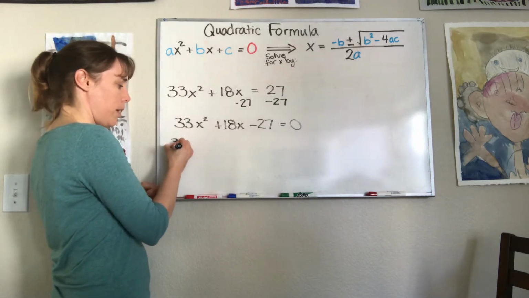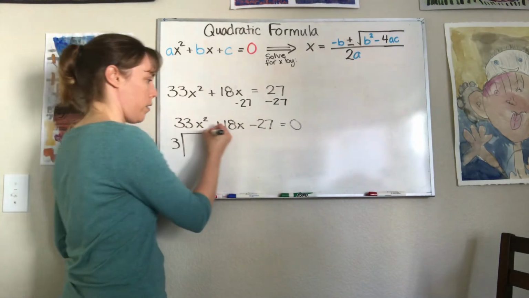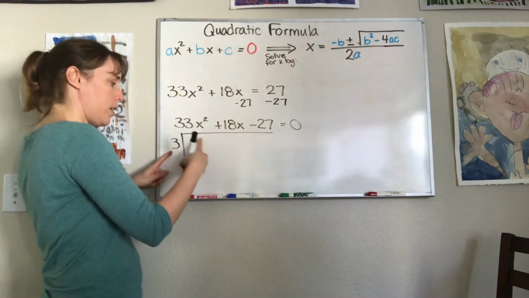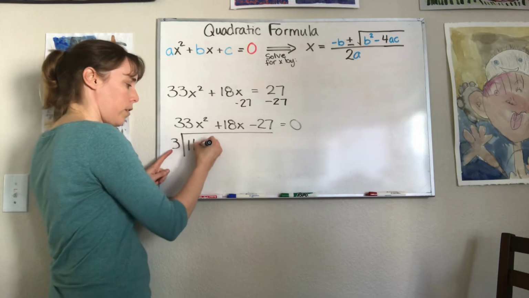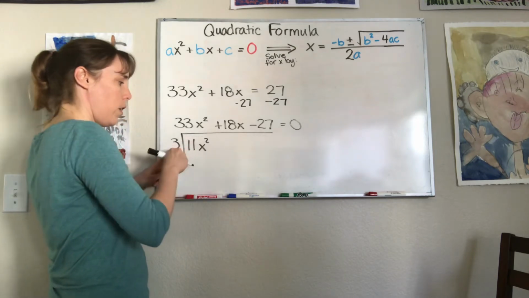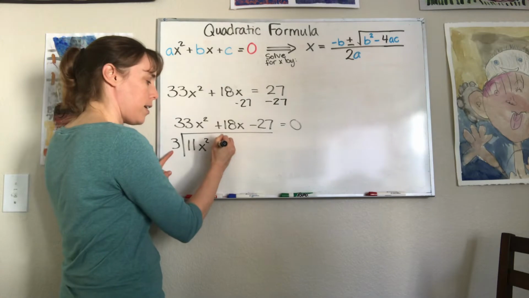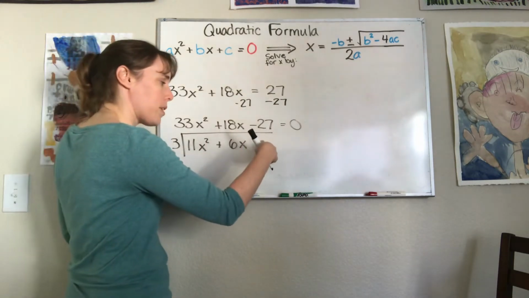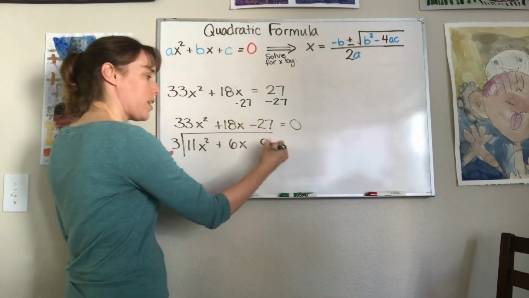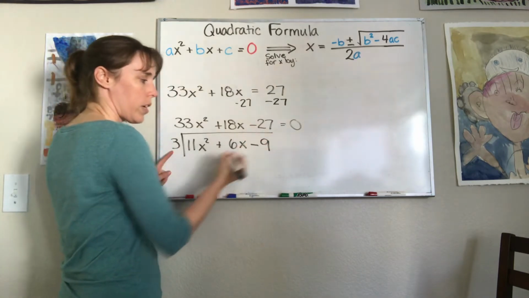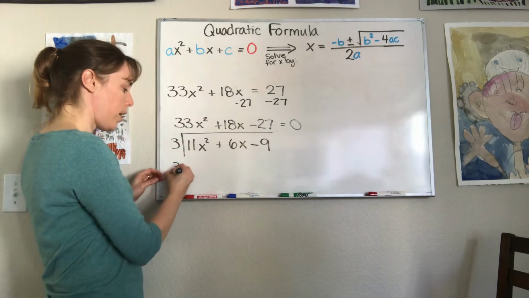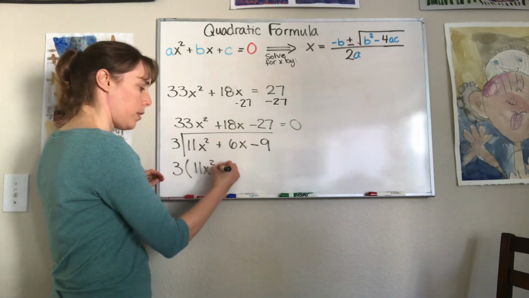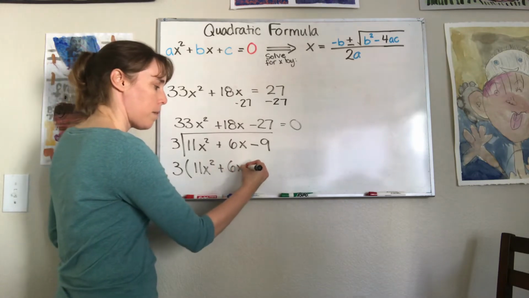So I'm going to pull out a 3. Let's see if that works, because I think 3 goes into all of these. 3 times 11 is 33. Keep the x squared. 3 times 6 is 18. Keep the x. 3 times 9 is 27. I need a negative 27, so I'll keep the negative 9. So right now I have 3 times 11x squared plus 6x minus 9,